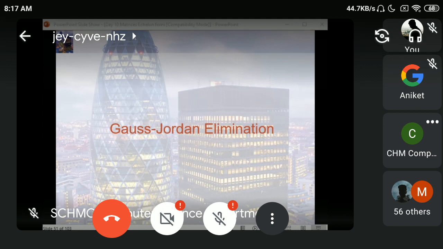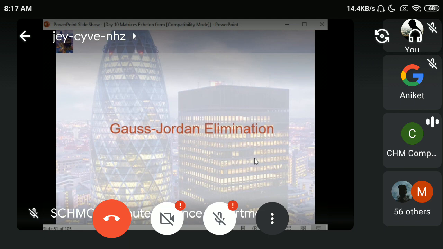So we are continuing with Gauss-Jordan elimination. In the Gauss-Jordan elimination, we said we will first see the process of Gauss elimination and take one step further. The process of Gauss elimination was that we are supposed to convert the system of linear equations into an augmented matrix with row transformations. We are supposed to get that augmented matrix in the row echelon form.